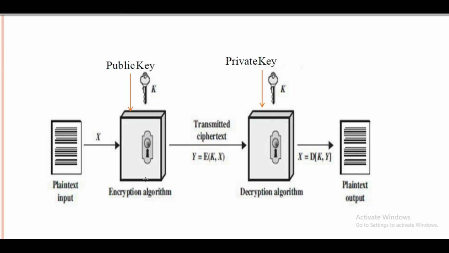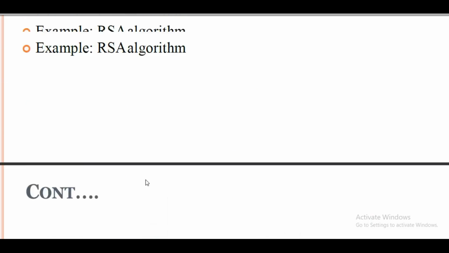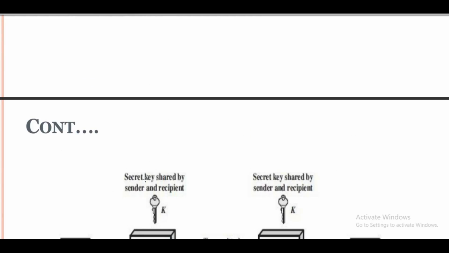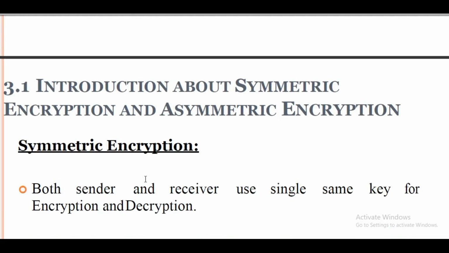So whatever message you send in asymmetric encryption follows the same scenario, plain text to cipher and cipher to plain. But at the receiver side we do not get the message directly, because we have two different keys. To receive the message we have to have the private key, and only then are we able to receive it. Clear?